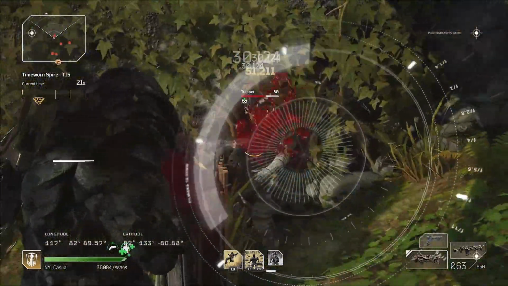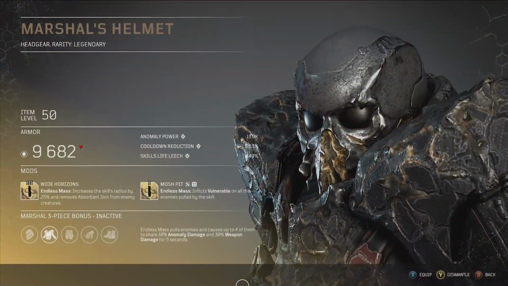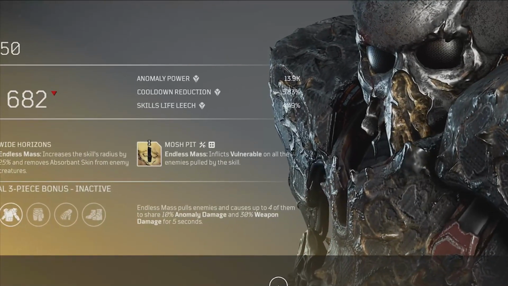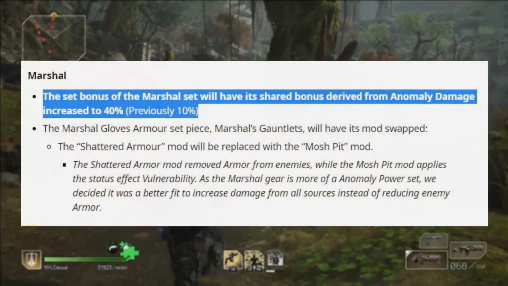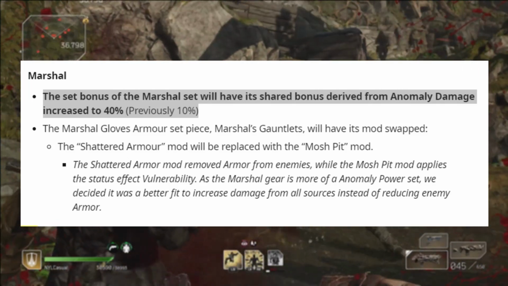Two good changes have been proposed to this gear set. The gear set bonus currently shares 10% of anomaly damage and 30% of weapon damage for 5 seconds, among up to 4 enemies affected by Endless Mass, which is pretty underwhelming for AP builds. Increasing the anomaly damage to 40% is a great buff, but I do think that they should look at the